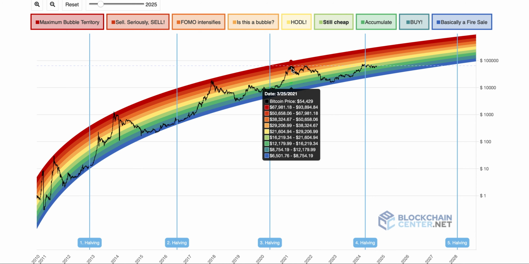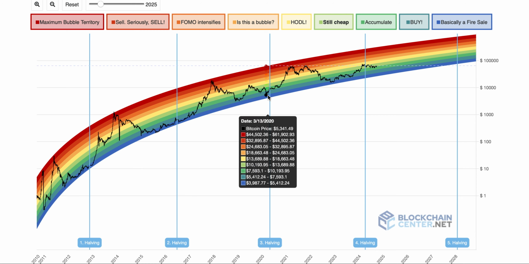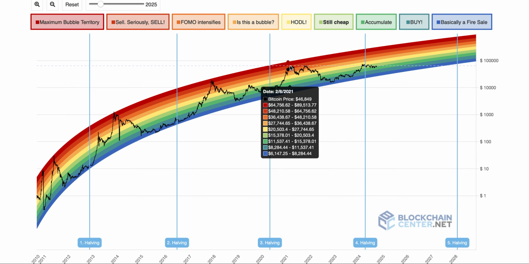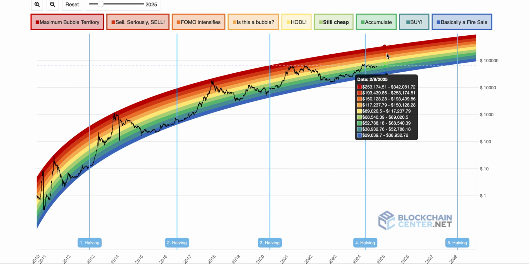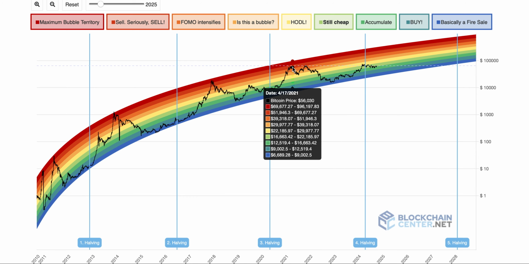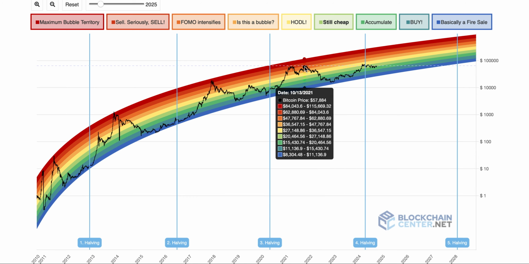What if we're going to have 4-year cycles from March? And a reason we might have that, as you guys remember, I know you're trying to forget, is that post-COVID, you can see here is a COVID crash. The government injected trillions all around the world, trillions and trillions of dollars, printed out of thin air, supercharged the economy, record low rates, all that led to an early top. Maybe that sort of reset the average 4-year cycle for crypto, and the next cycle is going to be another 4-year cycle. However, it's going to start from this peak now instead of that peak. I don't know. It's just a thought.